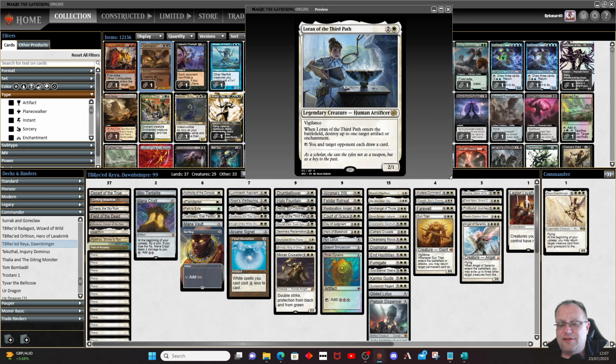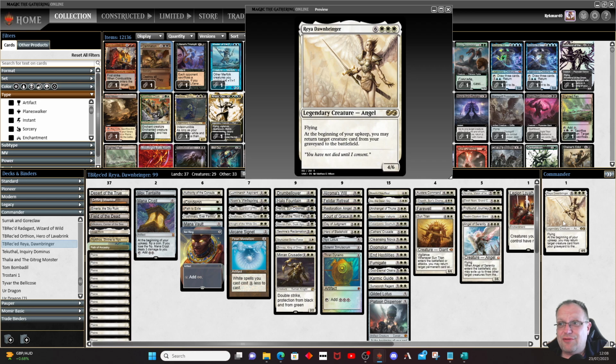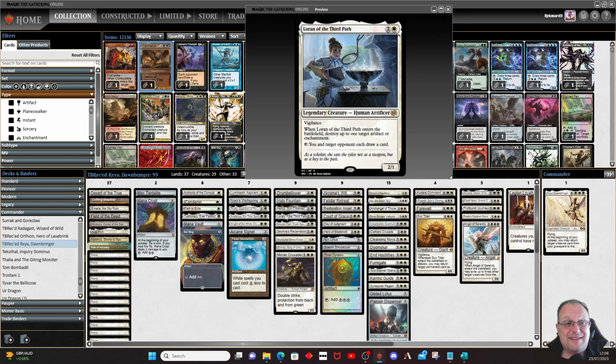Lauren of the Third Path is a great one to return if it gets killed off. Use it as a blocker, because once you get up to the mana to get Reya out at 9, you can just bring this in and out every turn if need be and just blow up every enchantment and artifact